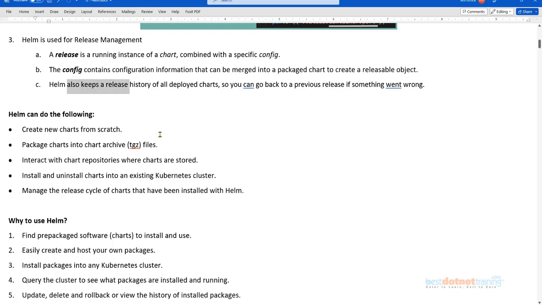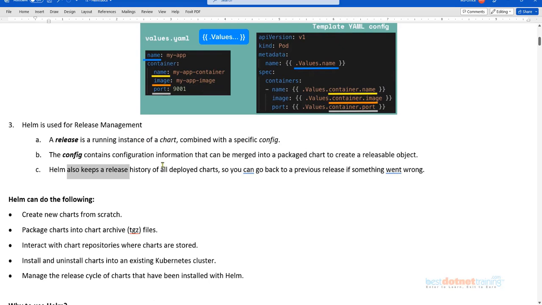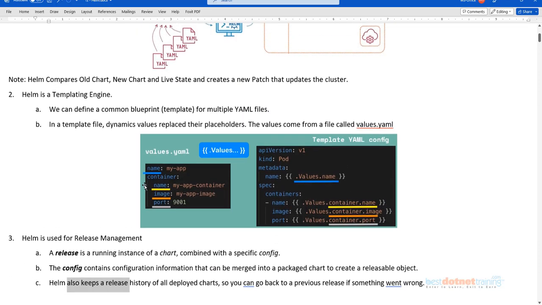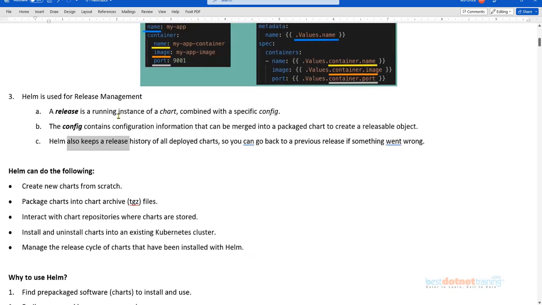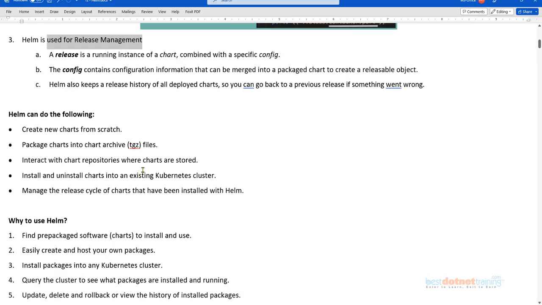So these are some of the important aspects of what Helm can do. It is a package manager. It can act like a templating engine, which allows us to maintain templates for our Kubernetes objects, and it also can be used for release management. So packaging, deploying, managing those deployments, and also templating. All these things put together make Helm quite powerful to work with Kubernetes.